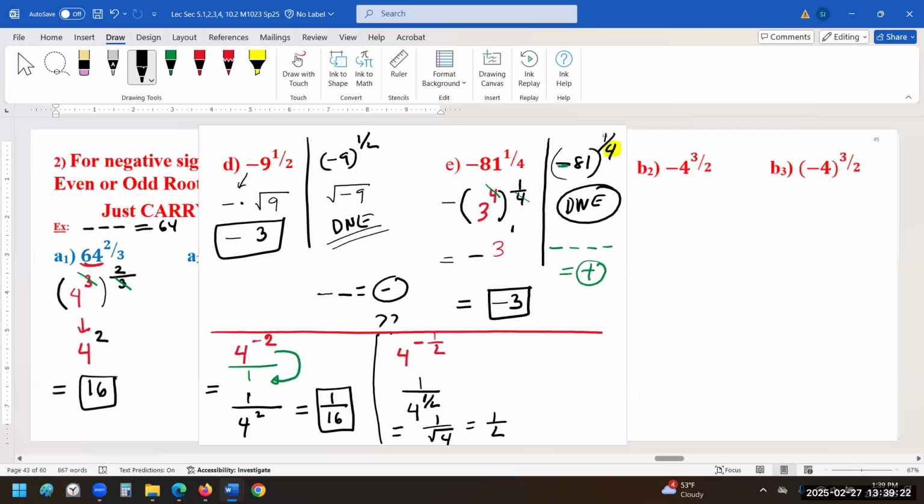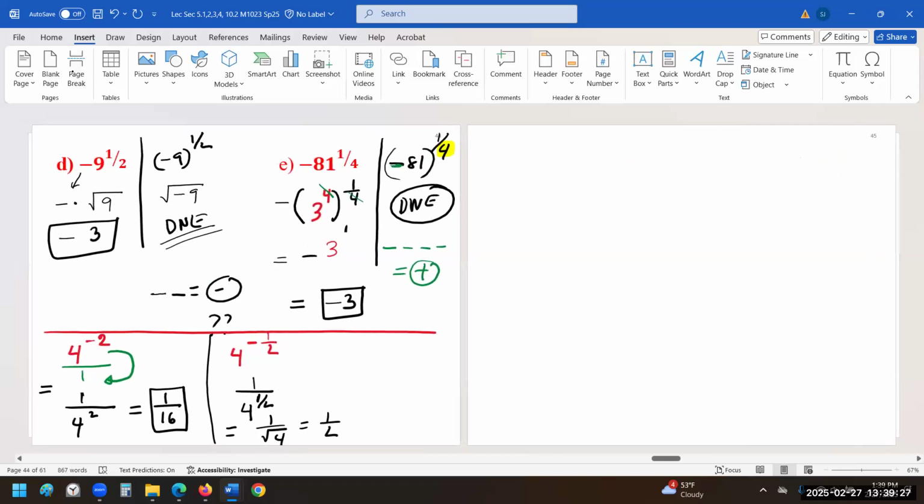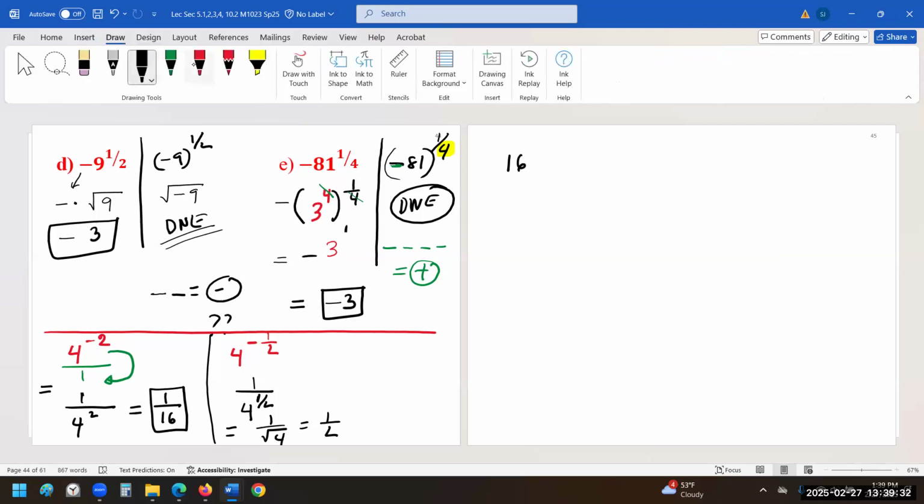For example, next one. Before you do that, let me give you a few more. Let's say you have 16 this time. So let me give you 2 of them. 16 to the 1/2 and 16 to the negative 3/4. Do you think they are going to give us the same result or different numbers? Obviously different, because our roots and powers are different.